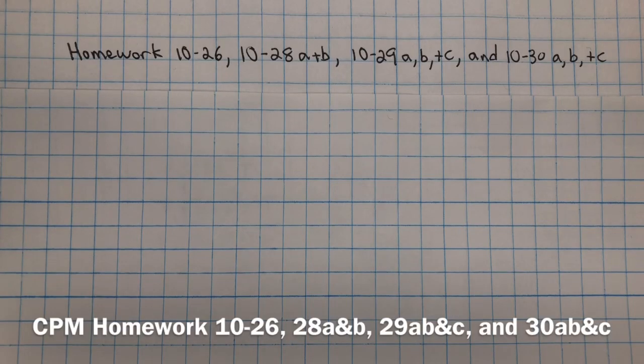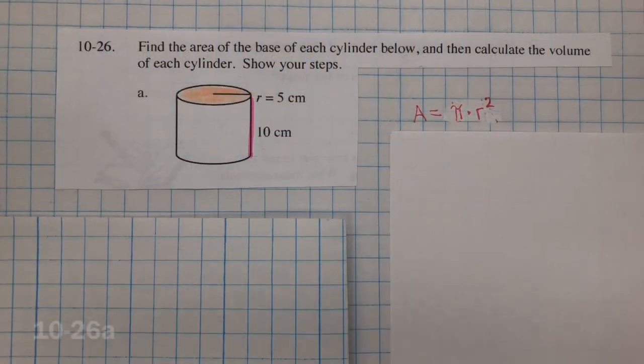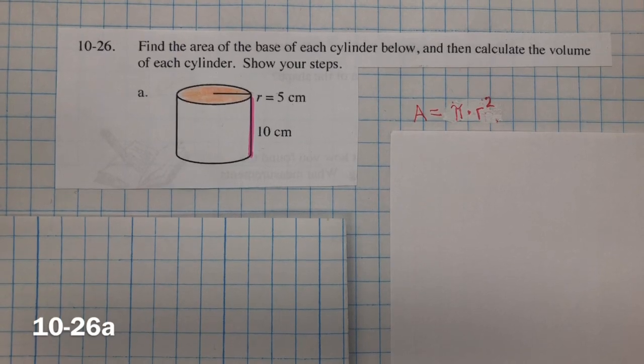This is the homework for 10.26, 28a and b, 29a, b, and c, and 30a, b, and c. For 10.26, you need to find the area of the base of each cylinder below and then calculate the volume